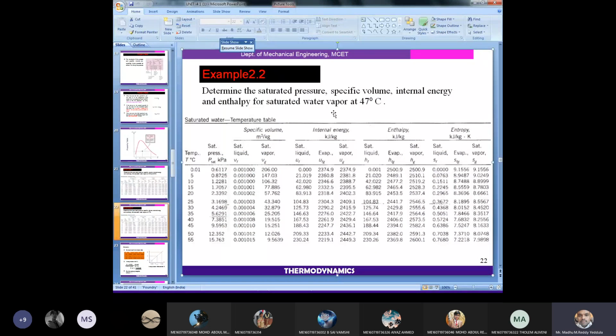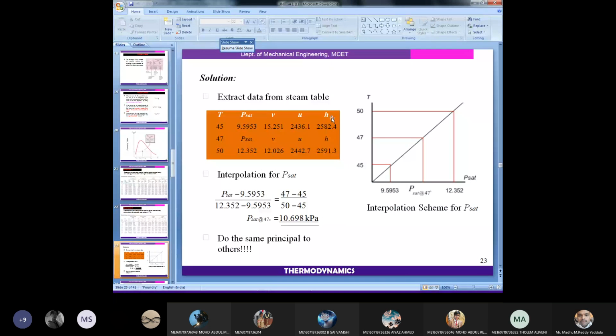Okay, so this is also a similar one. Here he mentioned interpolation, what I explained just now. For any property, we can use this. You can see 45 and 50 are there. For the same, we will do it. Let us say 45 is there, 50 is there. So at any point, if you want to